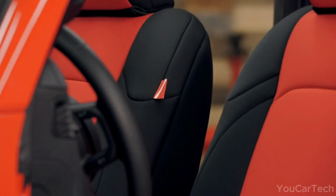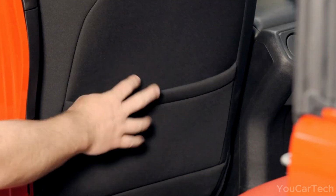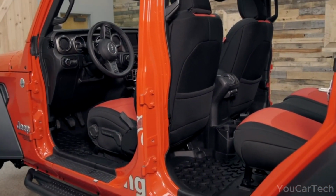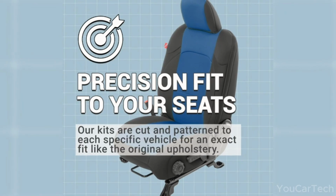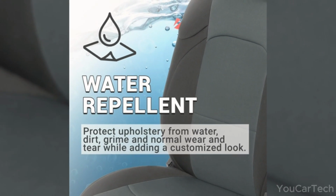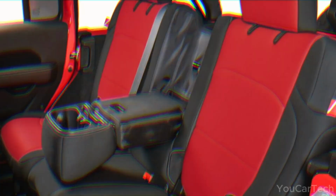Sick of sitting on hot, sweaty seats in the summer and freezing your buns off in winter? Diver Down seat covers are made of soft, cushiony neoprene wetsuit material to keep you comfy in any weather. Custom fit for Wrangler JKU, they install in minutes with straps and fasteners and retain all seat functions. Choose from 7 funky inner panel colors like lime green, orange, red or camel to give your interior a vibrant